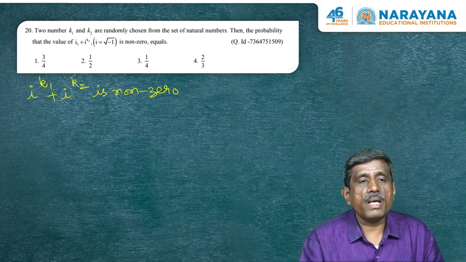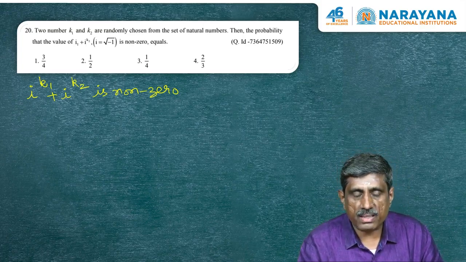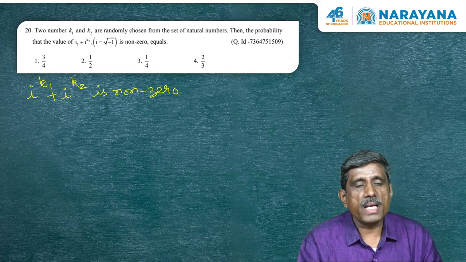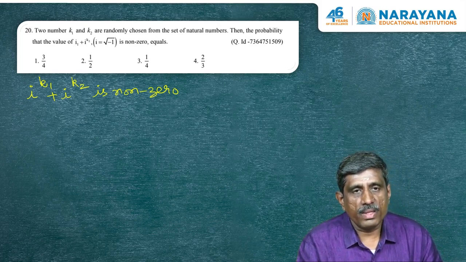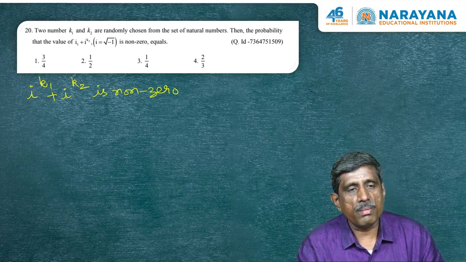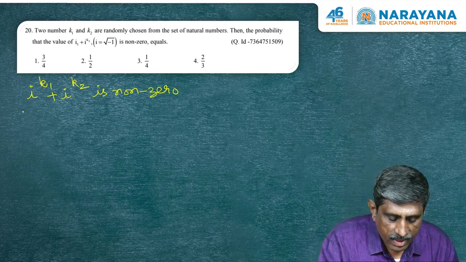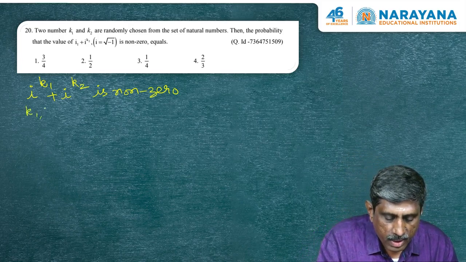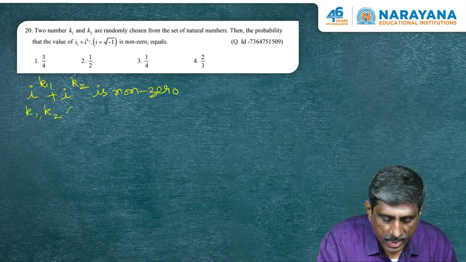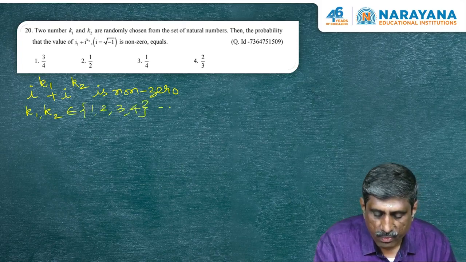Even though k1 and k2 are randomly chosen from the natural numbers, we understand that only for the values k1 and k2 equal to 1, 2, 3, 4, you are going to get the various results. Again from 5 to 8, the same set is going to repeat. Therefore, the values k1 and k2, if you take from the set 1, 2, 3, 4 only, so we have